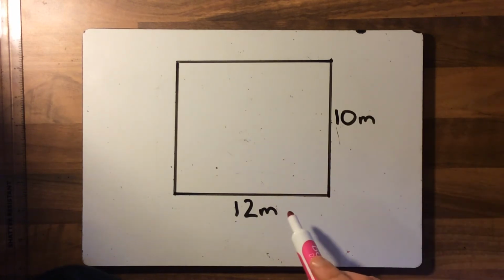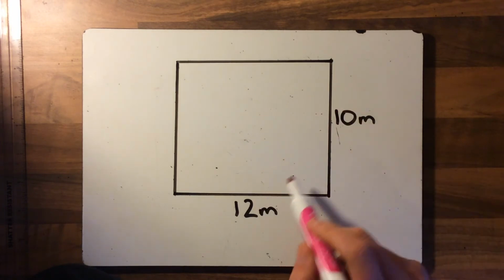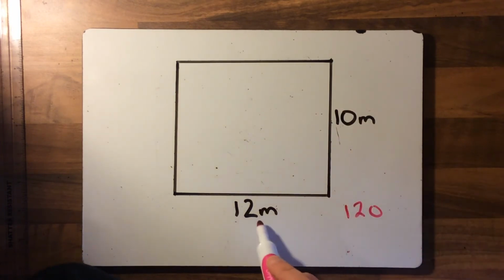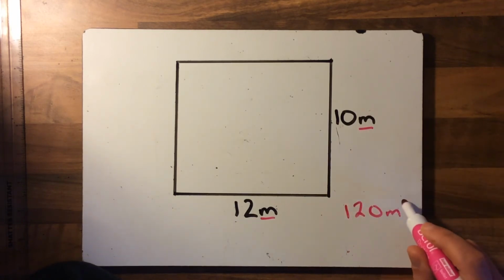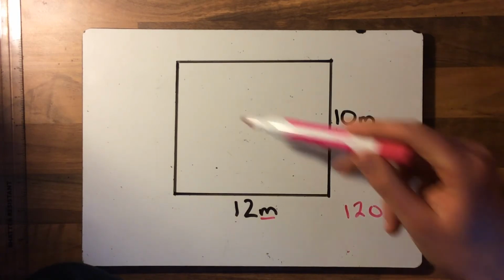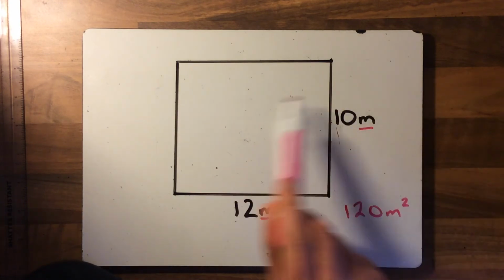A far easier thing to do is, again, multiply the width by the height. 12 times 10 is 120. The unit of measurement is in metres, and we're writing squared because it was the number of squares in the shape. And if I was to draw this out with the 12 down here and the 10 across here,